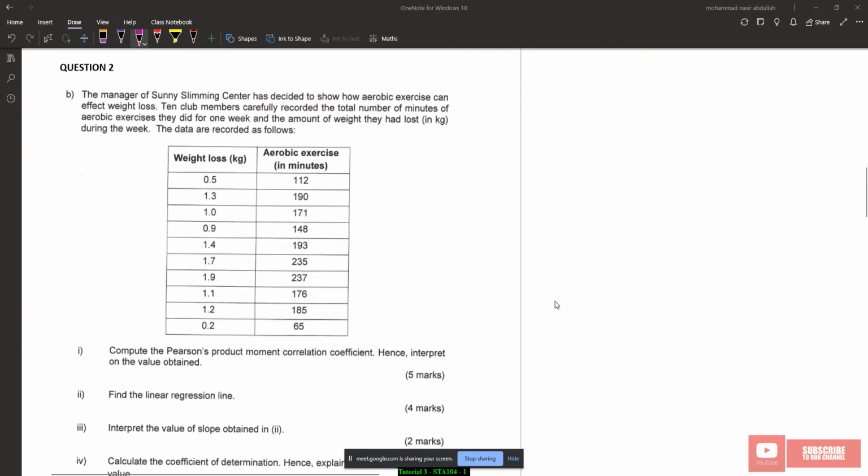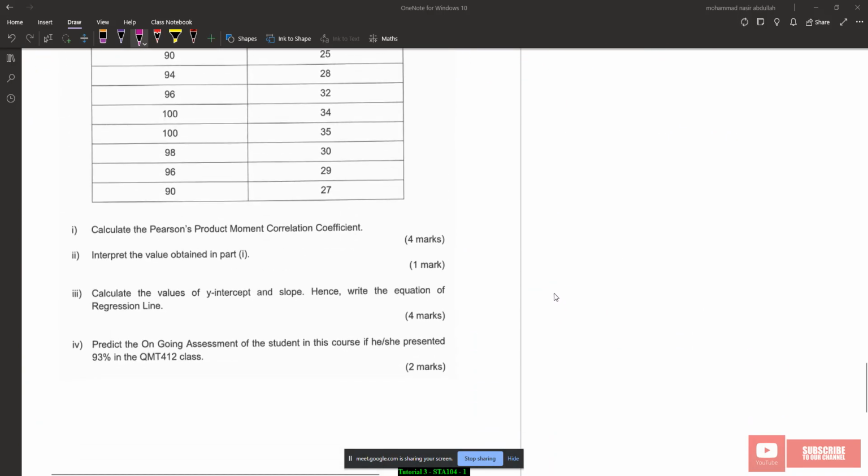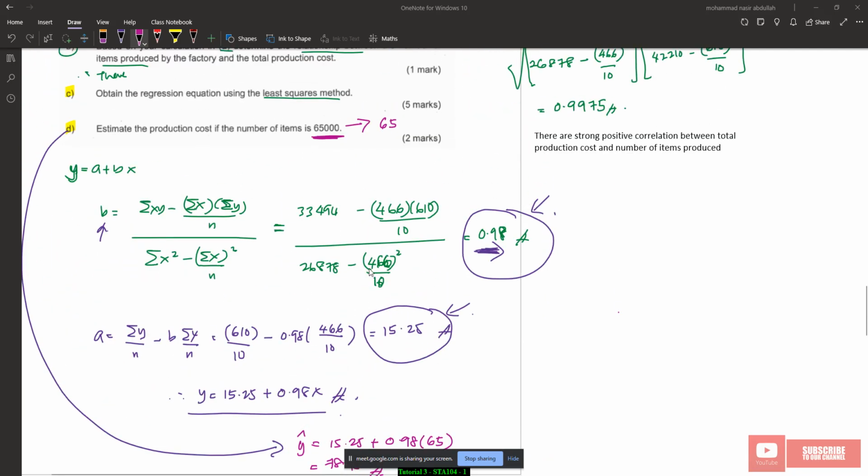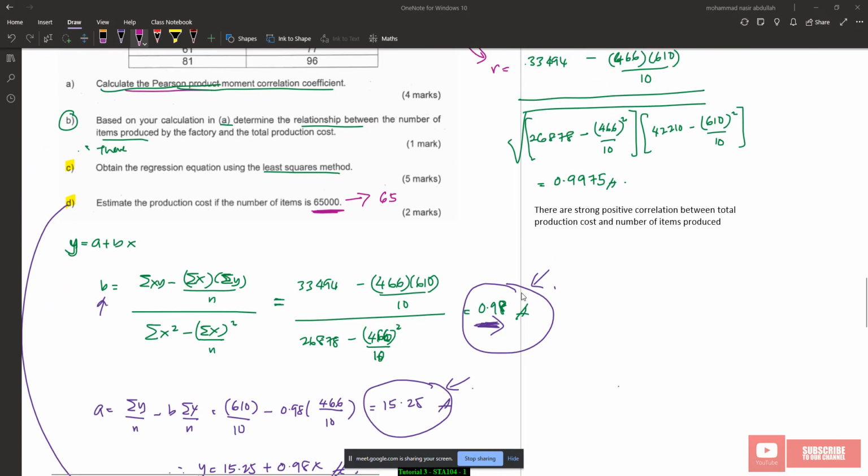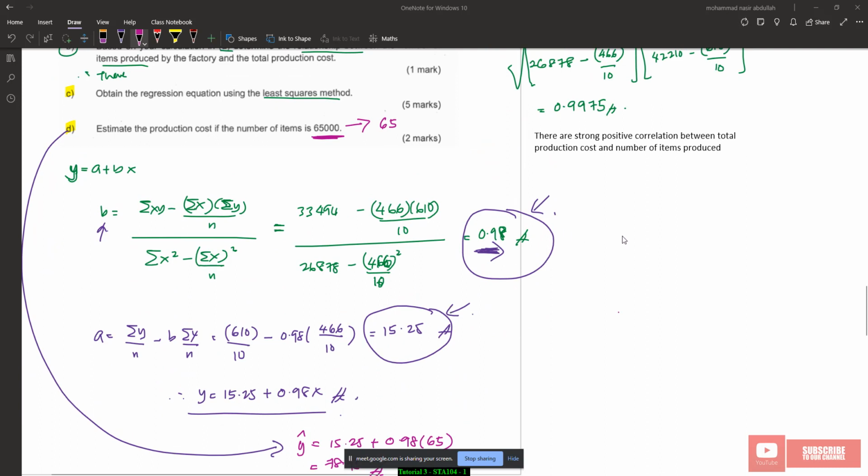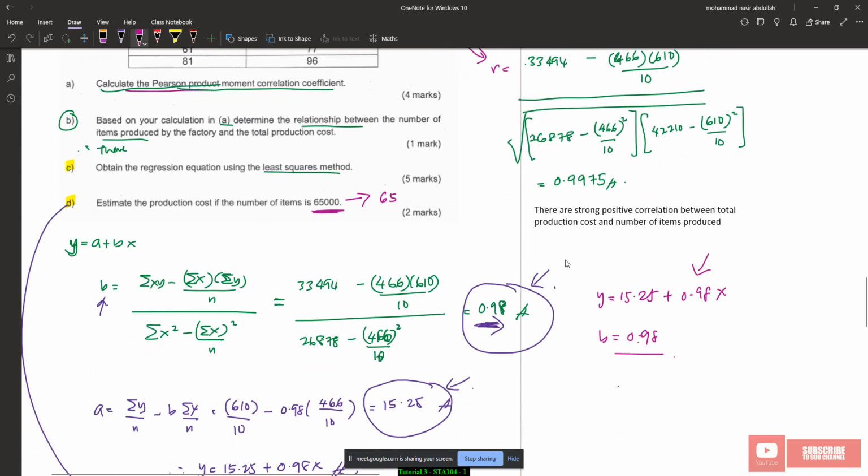So for question number 2, you can do it by yourself. For question number 4 also you can do it by yourself, right? Boleh. So how to interpret beta tadi? What is 0.98 ni represent for? How to interpret 0.98? Y equal to 15.25 plus 0.98x. So 0.98 beta ni, what does it mean? It means that when x, the number of item produced, increased by 1,000, right? When the number of item increased by 1,000, then the production cost will also increase by berapa? 0.98 multiply with 1,000. So 980,